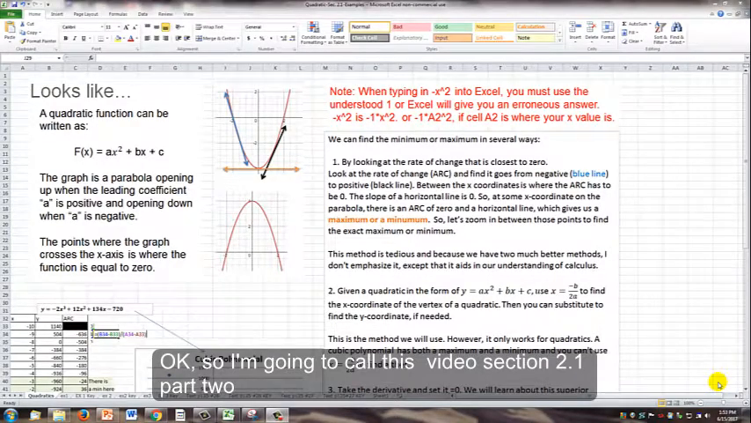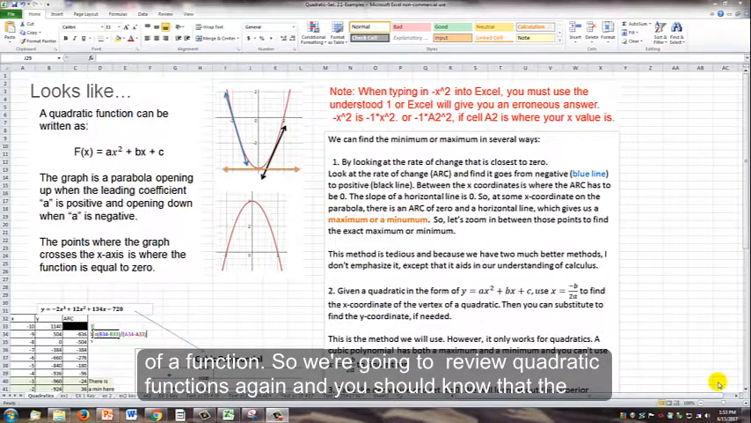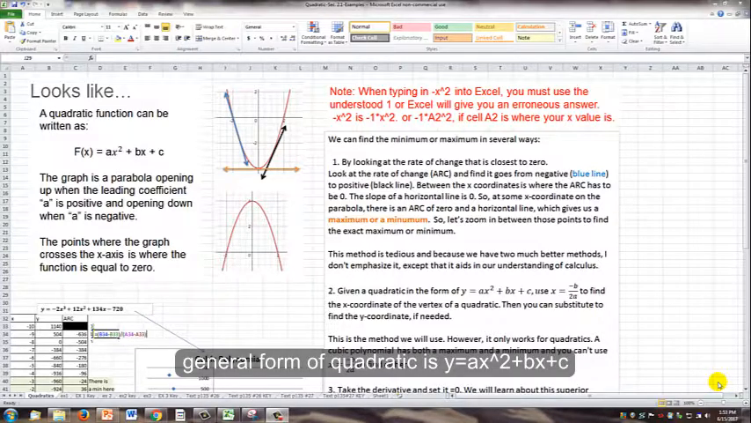Okay, so I'm going to call this video section 2.1 part 2 because we've already gone over how to find break-even points, and today we're going to look at how to find the minimum or maximum of a function. So we're going to review quadratic functions again, and you should know that the general form of a quadratic is